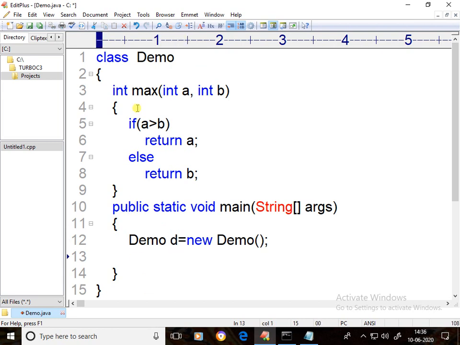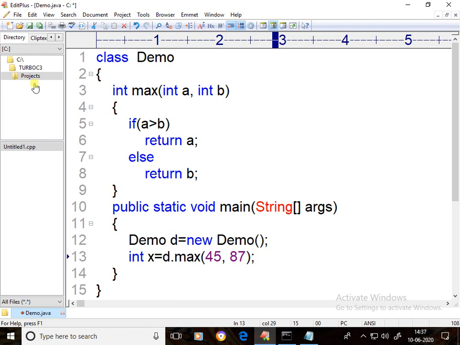Max takes two integers and returns one integer. Here the return type is int, so we write integer here. If float is there, float; if char is there, char. X equal to d dot max, and here two integers I am passing: 45 and 87.